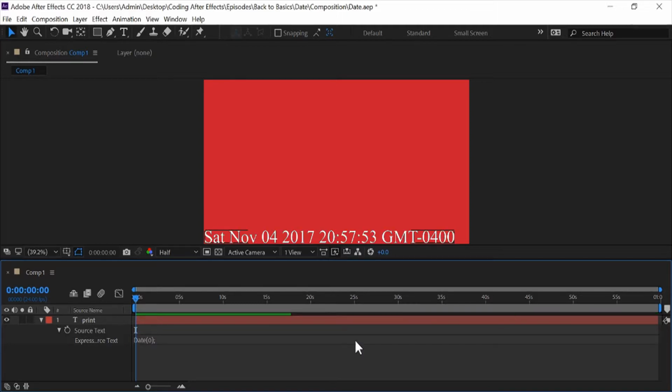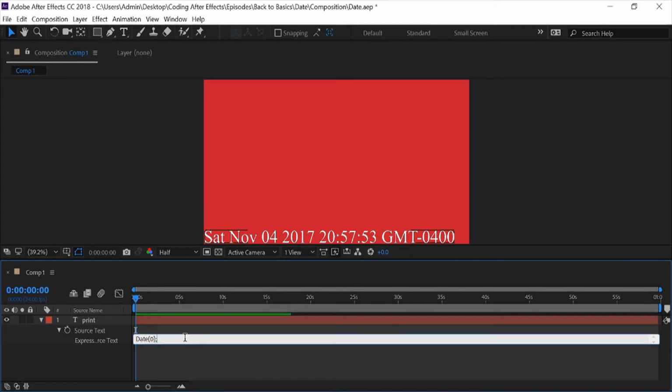And once you push enter, you get this huge text representing my current date. It says Saturday, November 4th, 2017, 8:57 p.m. and the time zone is New York Pacific. Now this is correct, but this is a lot of noise. In most situations, you're probably not going to use this. So let's slim this down a little bit by using the